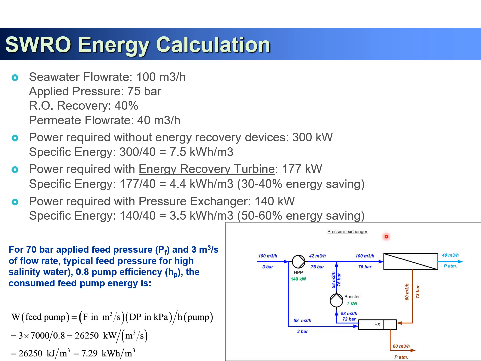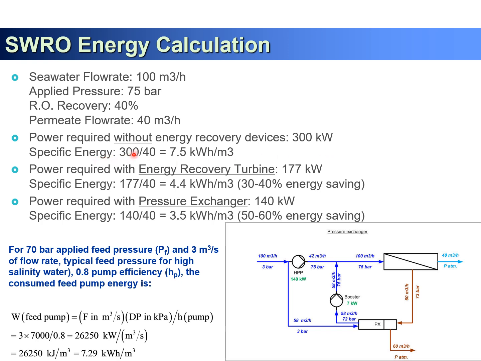So we can see this very simple example for our energy calculation. Seawater flow rate is 100 cubic meter per day, applied pressure 75 bar, seawater desalination, recovery design 40%, so permeate flow is 40 cubic meter per day, and power required without energy recovery device. I will talk about the energy recovery device on the next slide. And so this is without energy recovery. So we need 300 kilowatt,